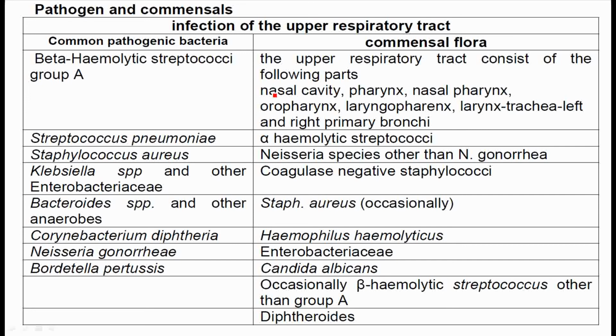following parts like nasal cavity, pharynx, nasal pharynx, oropharynx, laryngopharynx, larynx, trachea, left and right primary bronchi. Next common pathogen is Streptococcus pneumoniae. The commensal flora includes alpha hemolytic Streptococci,